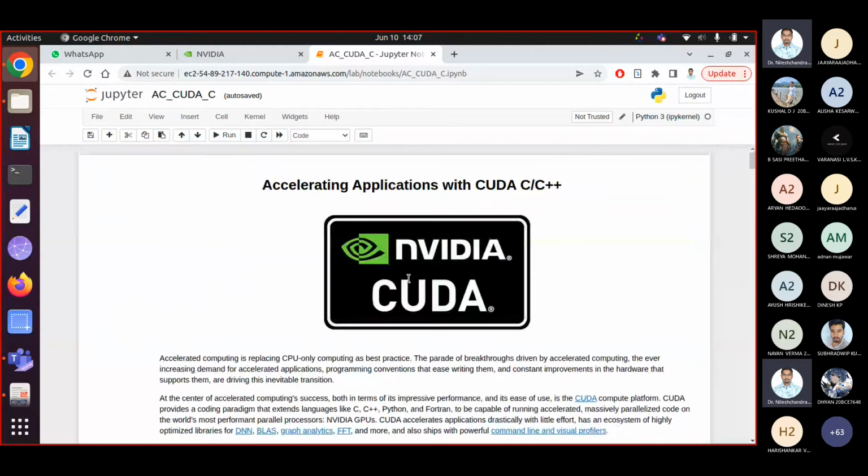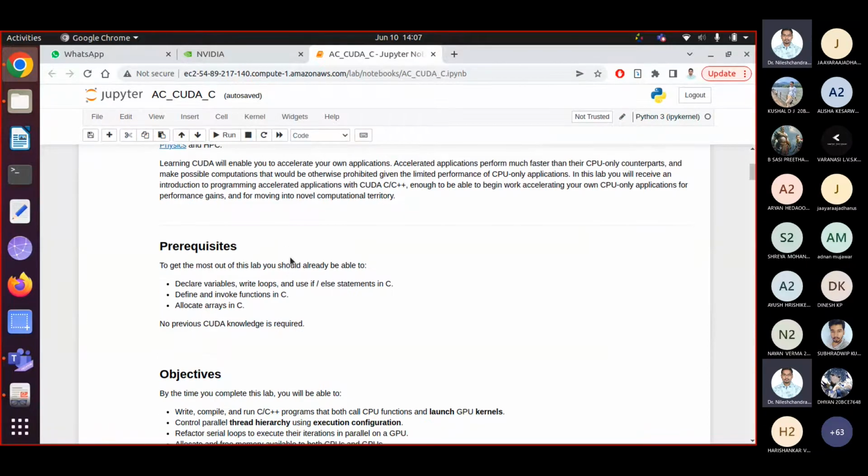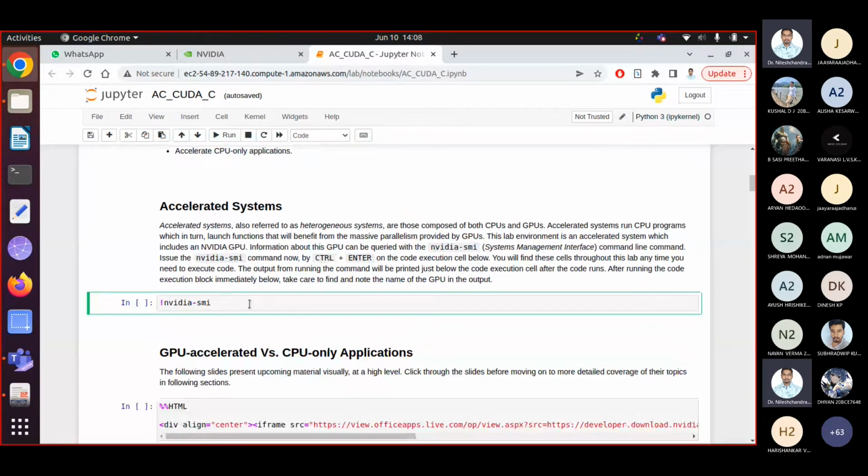Here, for those who are not familiar with this Jupyter environment, there are some buttons that you are going to use frequently. For example, let's say I want to execute this command. It is referred to as a cell, and you can click in this cell and click on this run button, or you can simply press Control plus Enter, right?